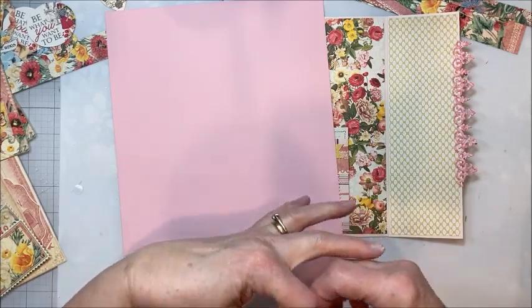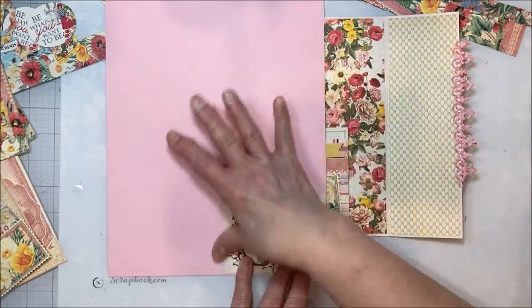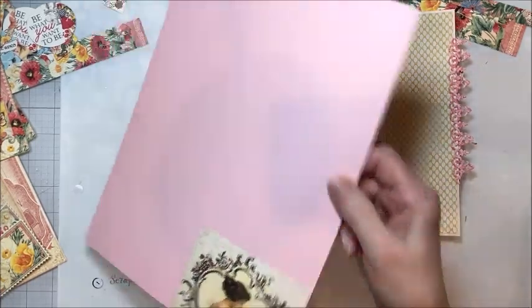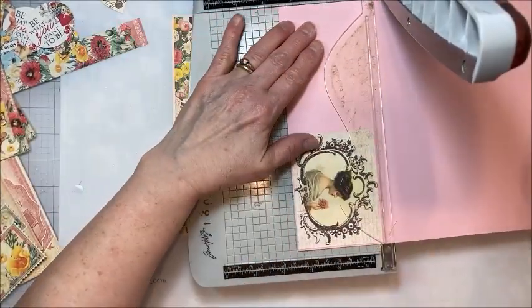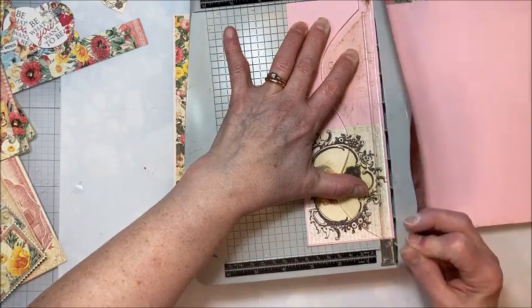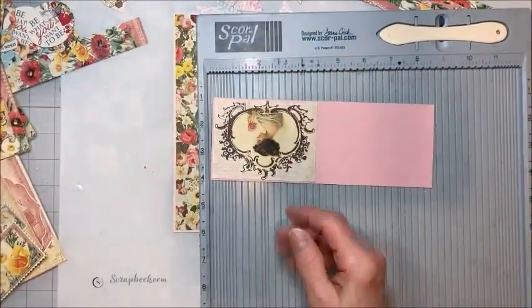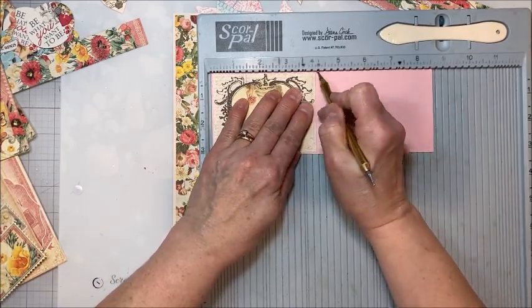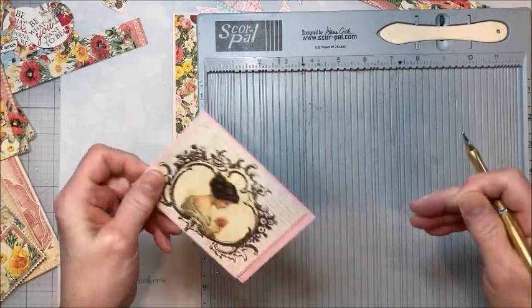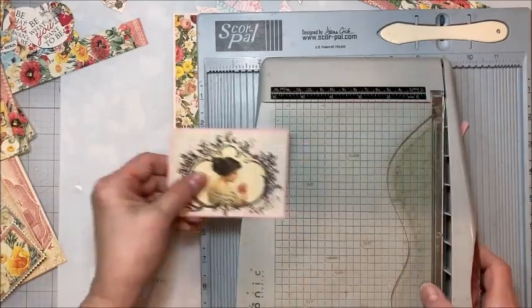And I'll show you how I make these quick and easy. I don't measure. I just put this down. This is an 8.5 by 11 piece of our darker pink paper. And I'm just pressing that into place. And then I'm going to bring in my cutter. And I'm just going to line this up. I bring in my scoring tool and I just line this up. Fold this over. Now I can come in and trim this overhang off, and there's a very quick and easy